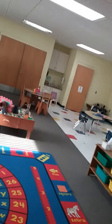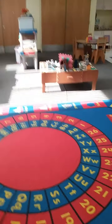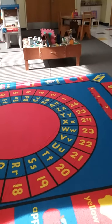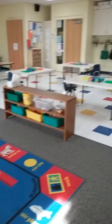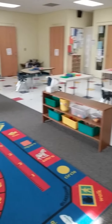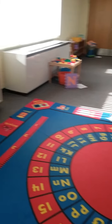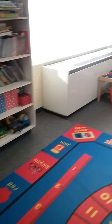Today I'm in the classroom and I'm going on a little hunt. I know that we've been talking about it being hunting season, or at least a few of our friends in class have been talking about hunting season, but I am going on a different kind of hunt today. I am going on a letter hunt. So I'm going to walk around the room and you tell me if you spot any of our letters out